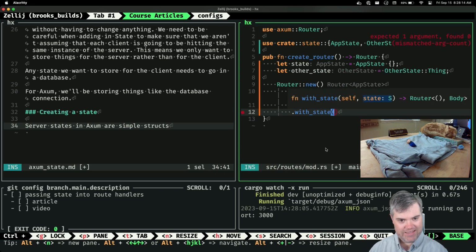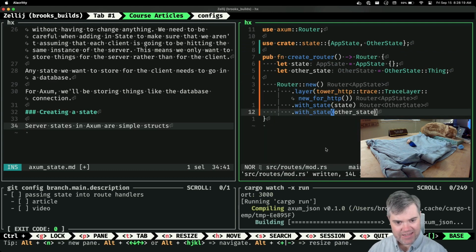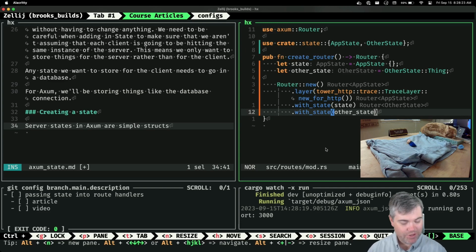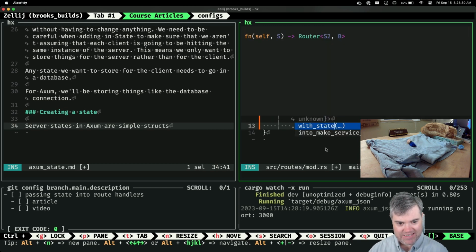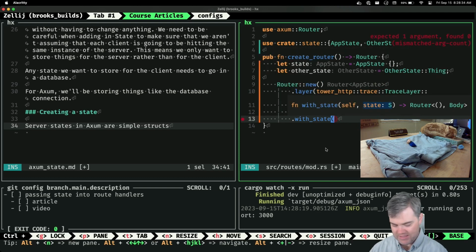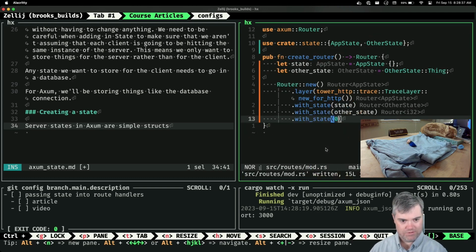So can I then use other state here? I would bet that I can. It's not going to care. And then I can grab out the state based upon its type. So I can have multiple states in here. It can be whatever I want. I could probably do something like with state as an i32, like 0, and that would be fine too. As silly as this is, it's okay with that.